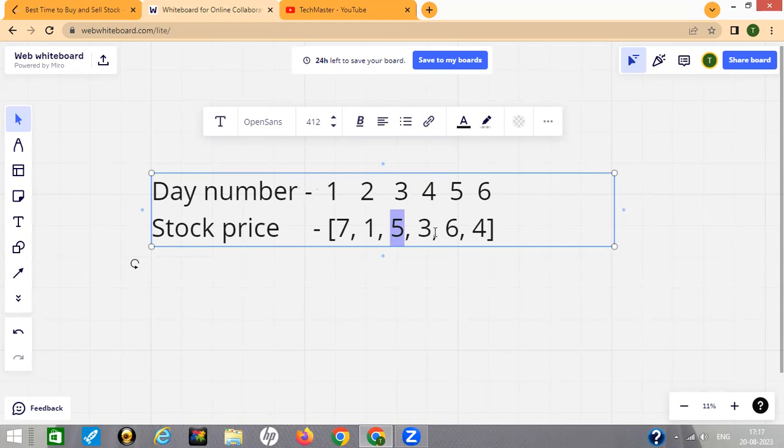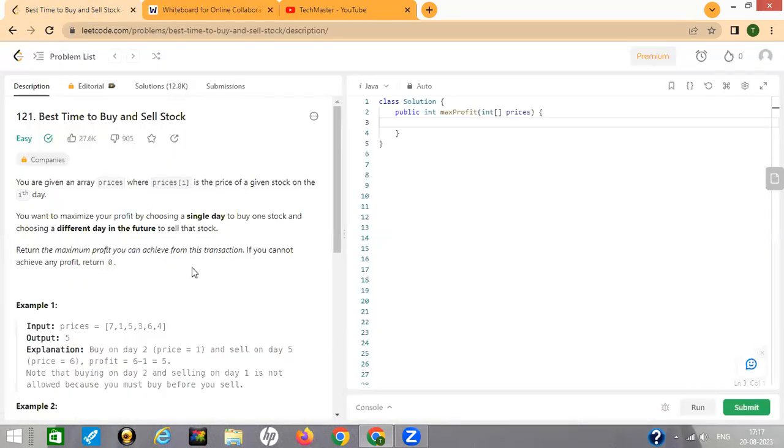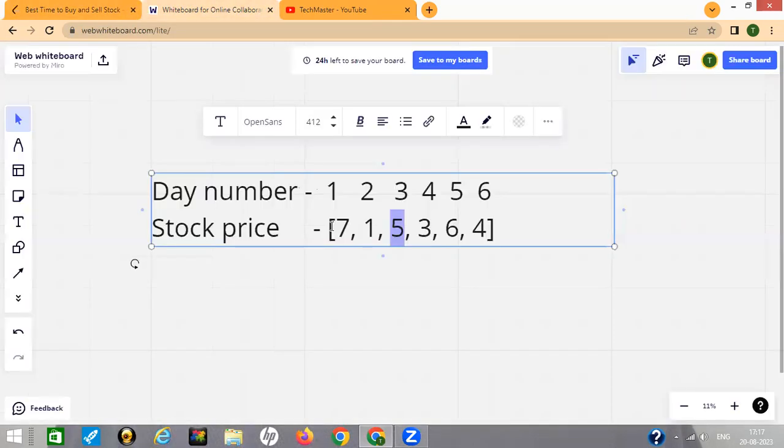So what we need to do here: the ask is to provide the maximum profit. We are allowed to make only one transaction. And what one transaction means here is that you can buy a stock on a single day, and then you can sell that stock on any coming future day. For example, if we buy the stock on day one, we can sell it on any upcoming day, day two, day three, day four, day five, day six. And if we buy the stock on day two, we can sell it on day three, day four, day five,